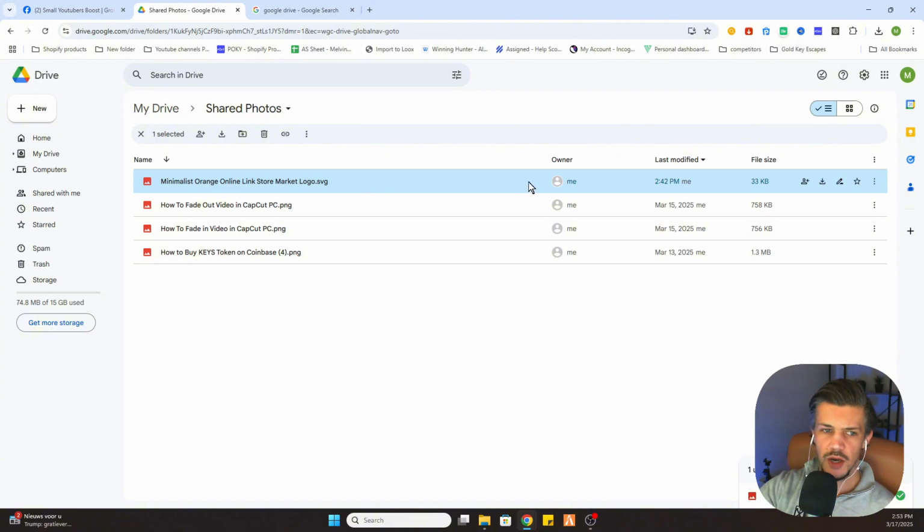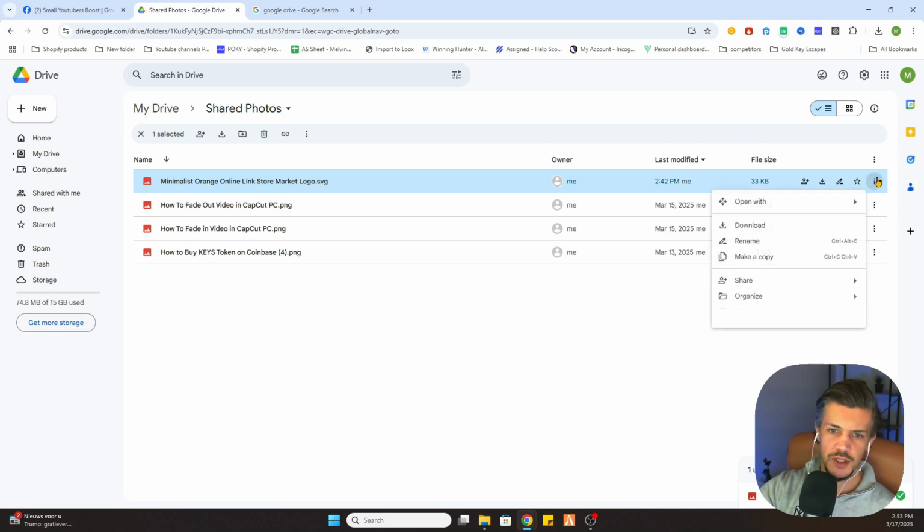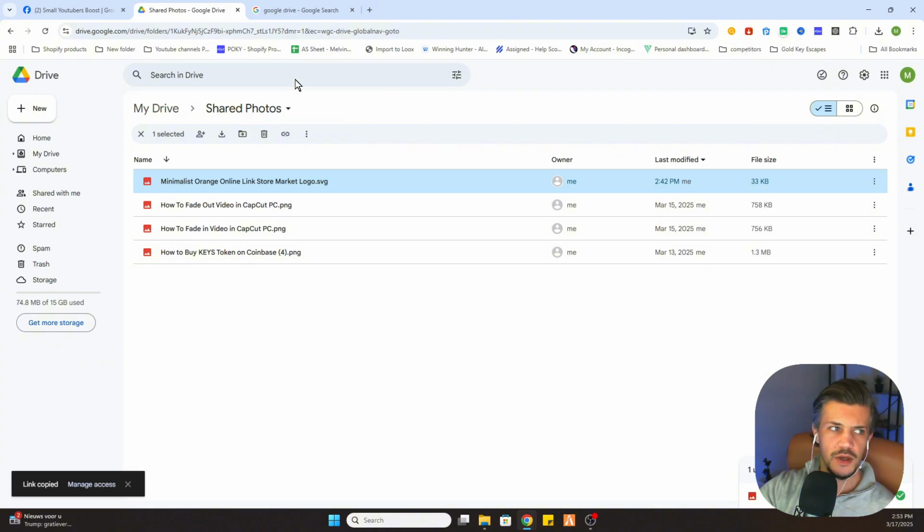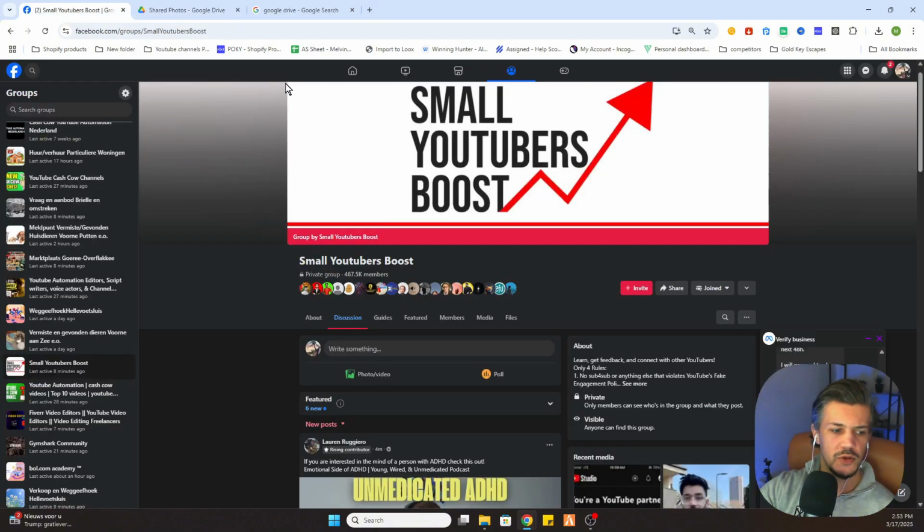So what we need to do now is select the file or folder which we want to share in this Facebook group. Now click on the three dots, and after that you have a share option. Click on copy link, then go back to Facebook, make sure you are logged into it, and then we are